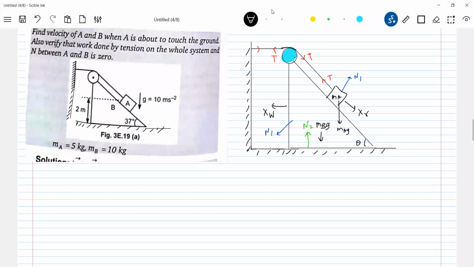From the constraint equation, can you write XW equal to XR? It is purely from the constraint equation, not the displacement. How much distance the wedge will move horizontally, that much the block will move with respect to the wedge along the incline. So this is from the constraint equation. Already we have discussed it in laws of motion, I'm carrying on. Now let's go for the work done.